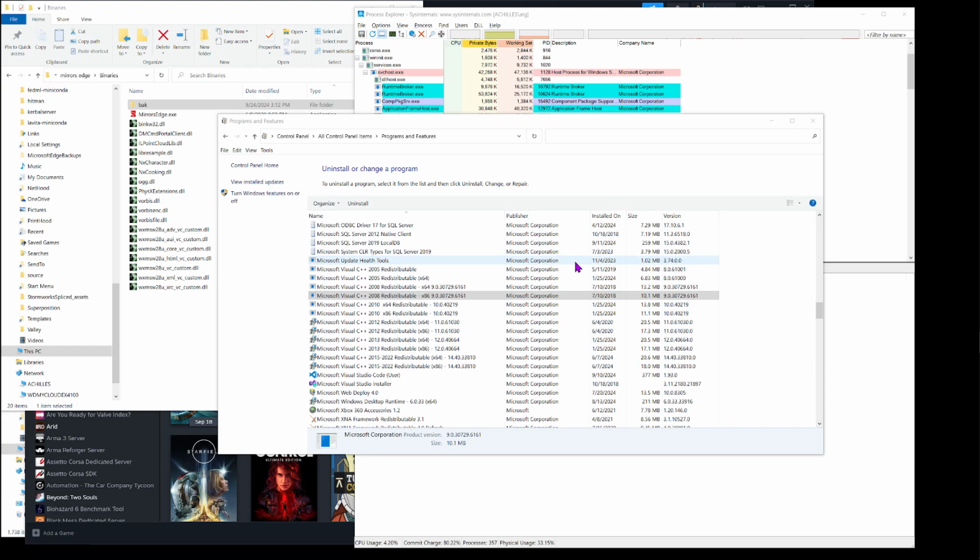And the first thing I want to look at is the Programs and Features set. This is just a standard Windows control panel. Drill into Programs and Features. We want to look at the Microsoft Visual C++ redistributables. This is a 15-year-old game. I think the title screen listed it as 2009, and it is compiled against Microsoft Visual C++ 2008, or that's version